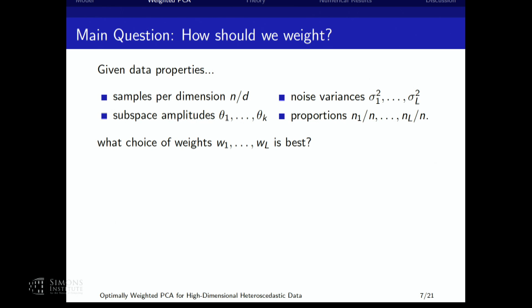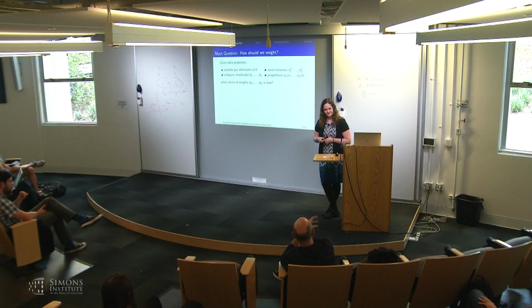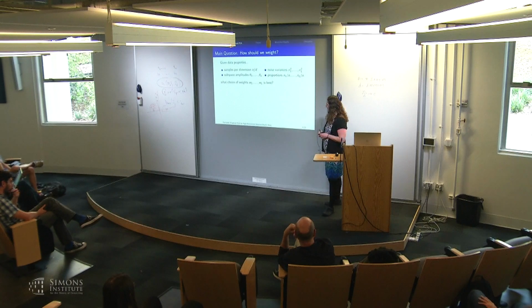Maybe anticipating what will come next, I can think about a signal that is strong with respect to the first N1 samples, but it's very weak with respect to the other ones because they have much higher noise level. So some of the weights are going to be 0, or?